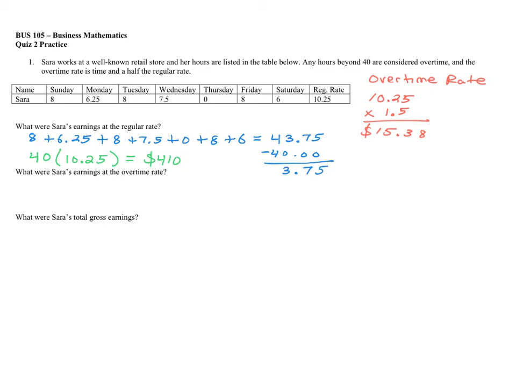Now for the second part, this is where we have to take the hours worked over 40, which is 3.75 hours, and multiply this by the overtime rate of 15.38. So 15.38 times 3.75 gives me, again rounding to the nearest cent,